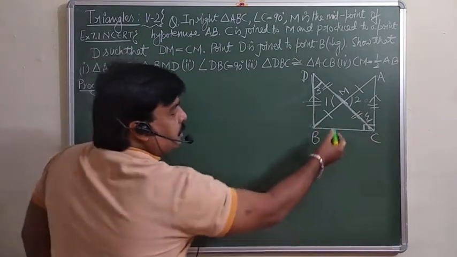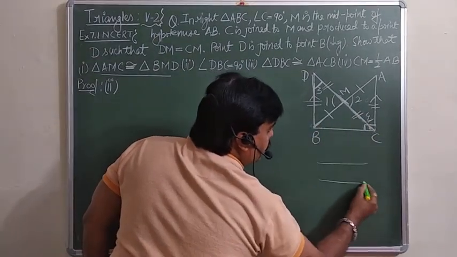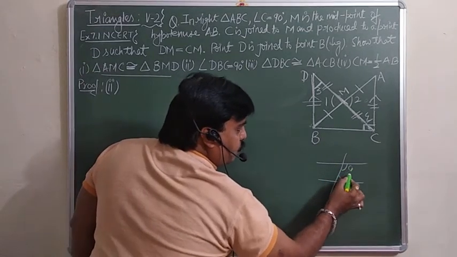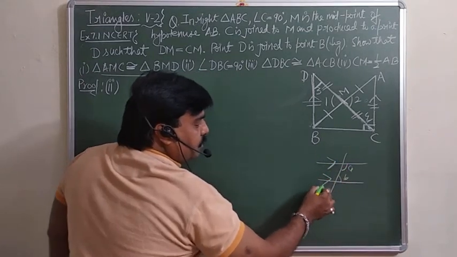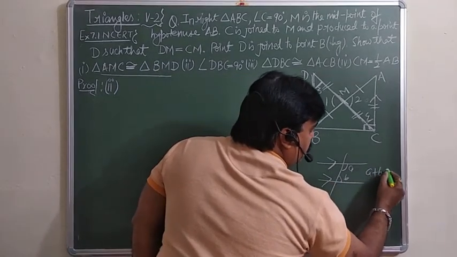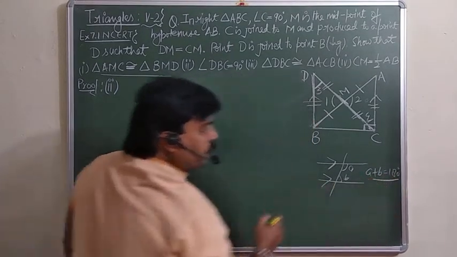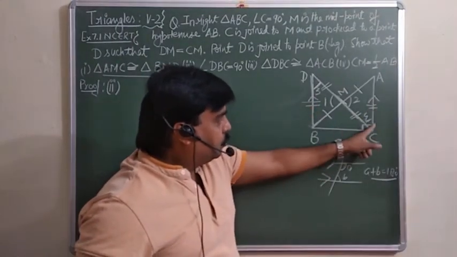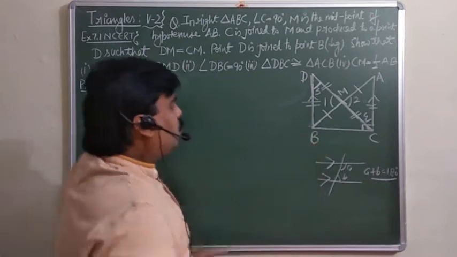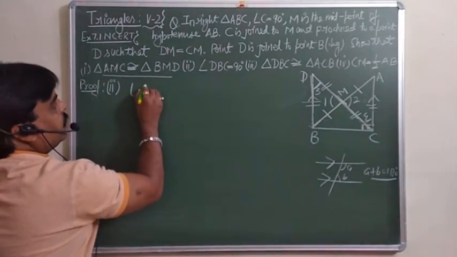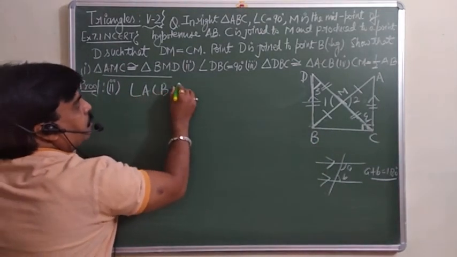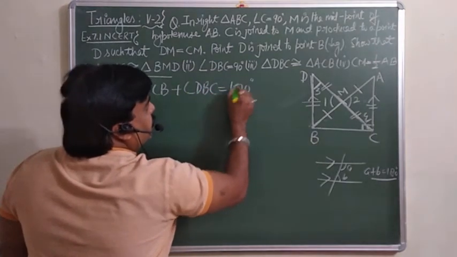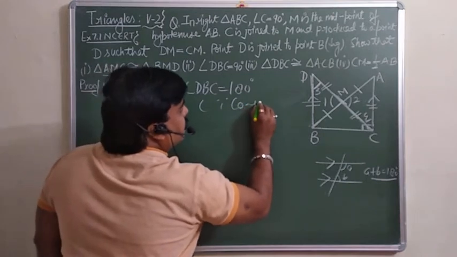Now for the second one, we already know that if two lines are parallel, then their co-interior angle sum is always equal to 180. If this is parallel to this one, then A plus B is equal to 180. That is already known. इसका मतलब जब ये लाइंस पैरेलल हैं तो this angle plus this one will be equal to 180. Angle ACB plus angle DBC will be equal to 180 degrees. That is, you can say, the co-interior